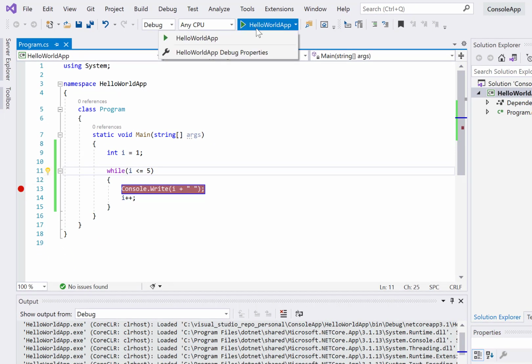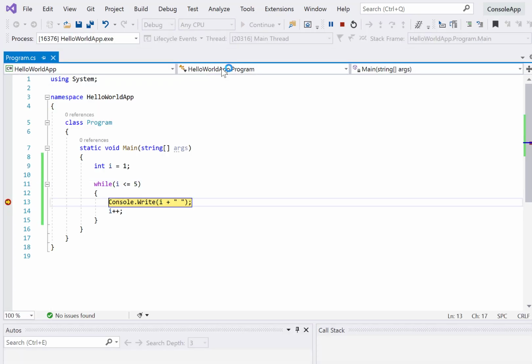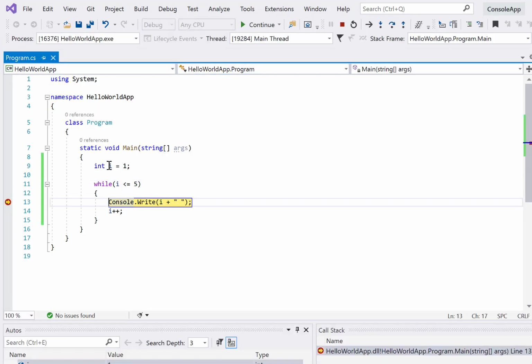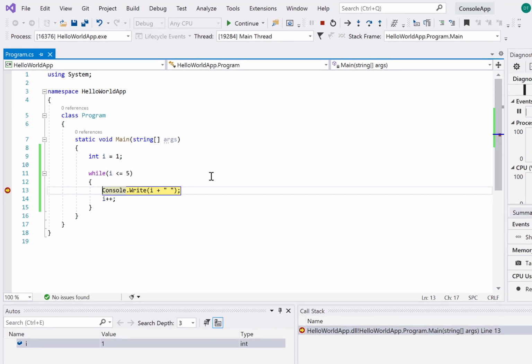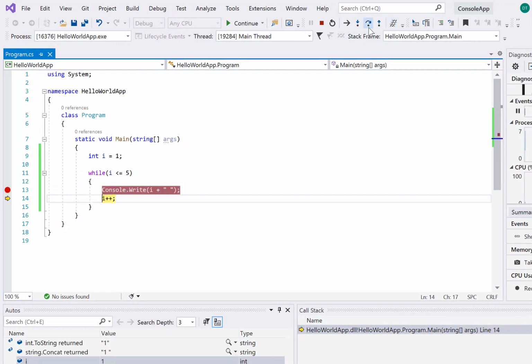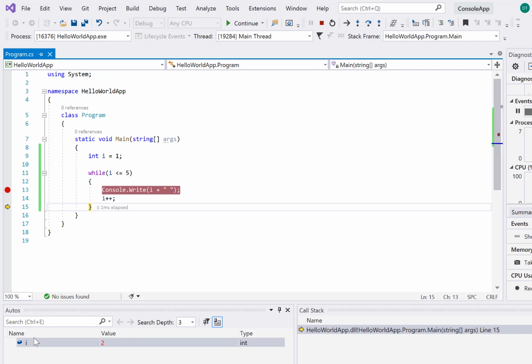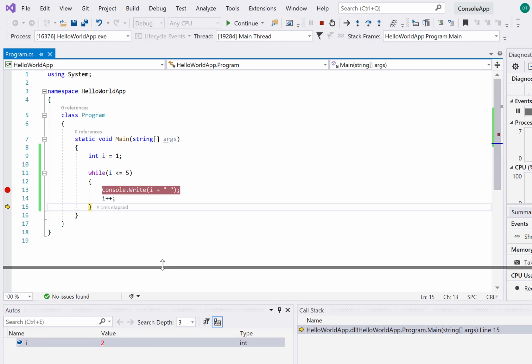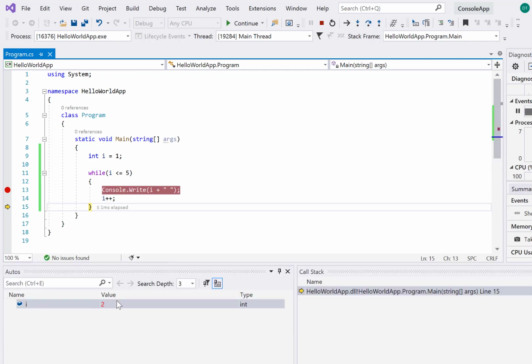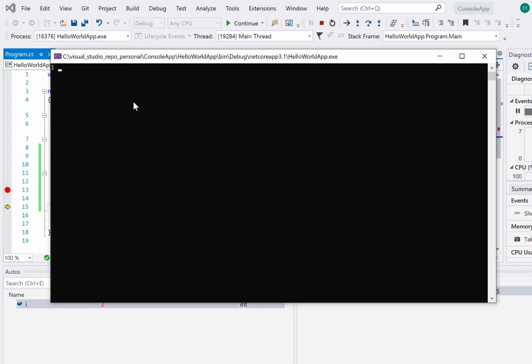So let's start the debug point, and you could see I was 1, so it says the condition is matching, so it will print the value and increase the I value, right? Now you can see here that I equals 2 now, right? And it has printed I equals 1.